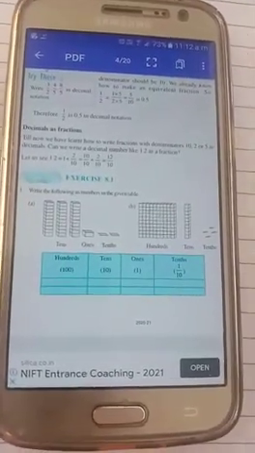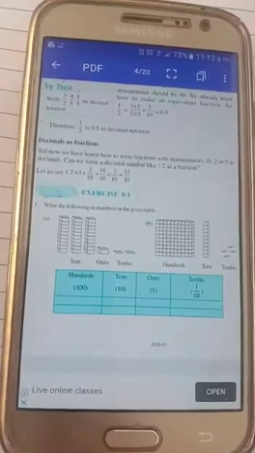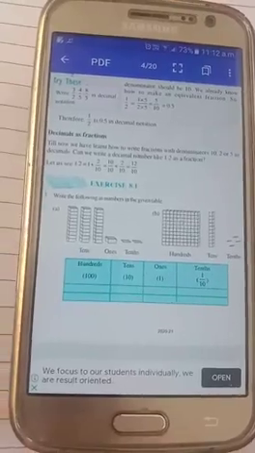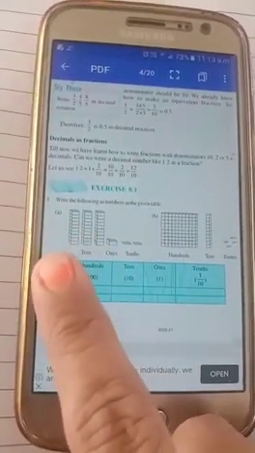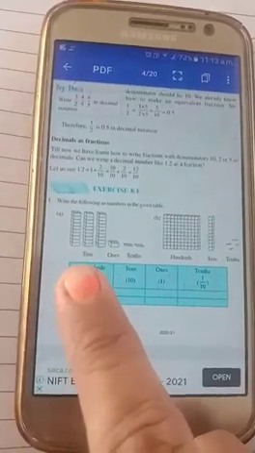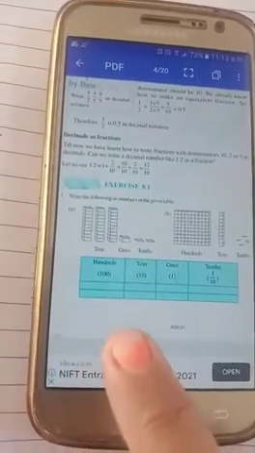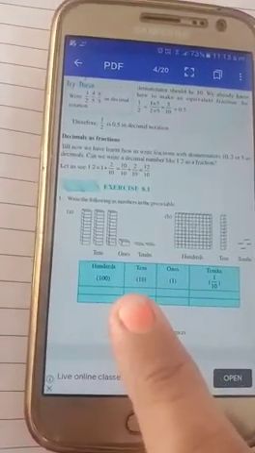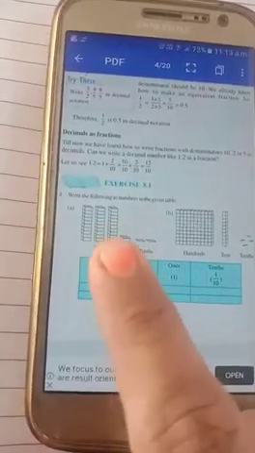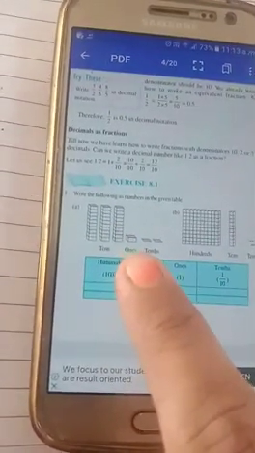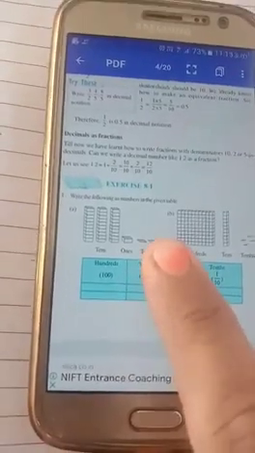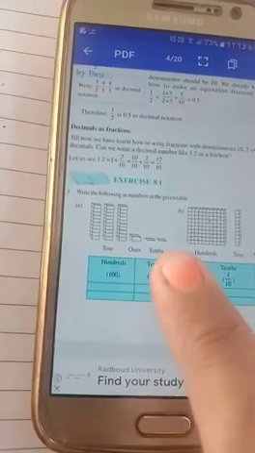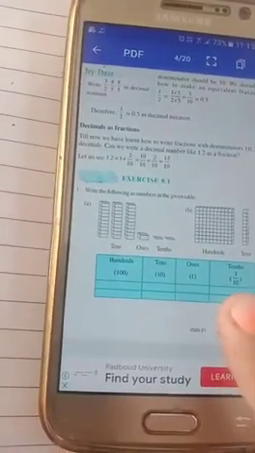You can open up your exercise 8.1. Here we have question number 1. In the first part, we have 3 blocks and below that it is written tens place. It means when you fill in the table, you will write 3 in tens place. Then we have one small block in ones place, so we will write 1 here, and 2 small blocks in the tenths place, that is 1/10th place. You will write 2 here.